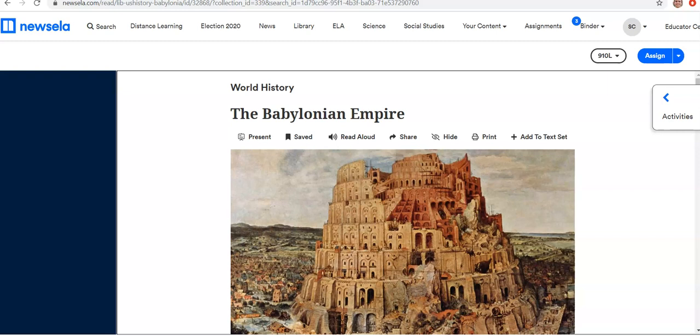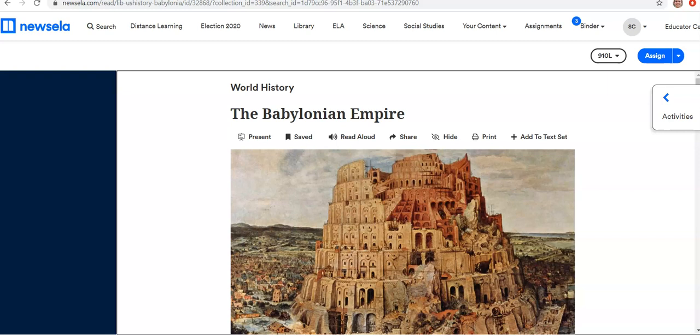Today I'm going to go over some of the more advanced features, like how to use the advanced search bar, how to create annotations and in-text questions for your students, and then also how to use the gradebook to see what your students have been doing. So let's get started. The first thing I'm going to do is show you how to create annotations and in-text